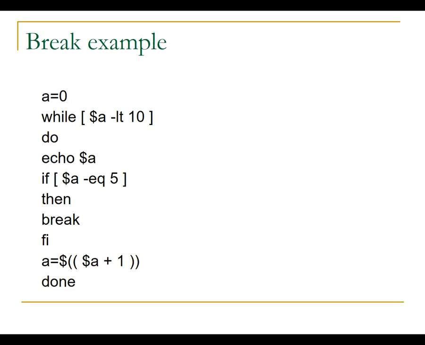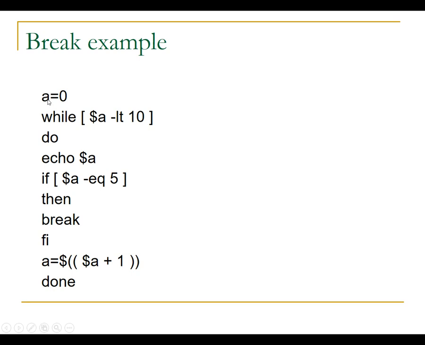Then, as you can see onto the screen, there is one program which displays 0 to 10 numbers. In between, it checks whenever the value of a particular variable becomes 5, then it breaks the statement and prints the output onto the screen of that variable by adding one more value. That means the output of this entire program will be 6 onto the screen. Let's see how we can design this particular program.